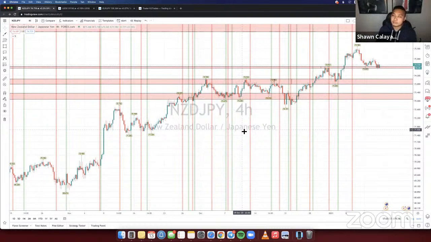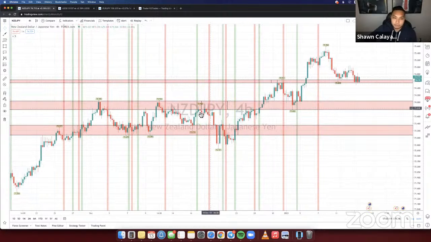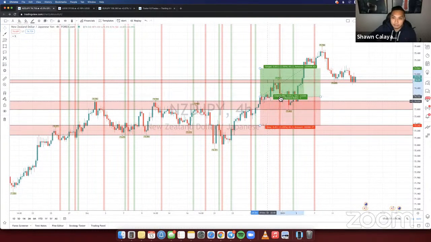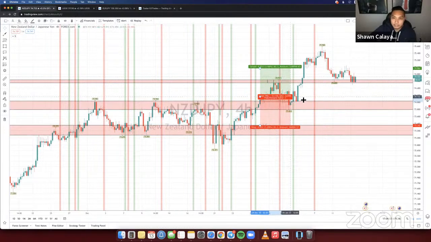Since I trade on the 4 hour, it doesn't really matter, because you could enter a trade like something like this right here. This broke structure at 2 a.m. and it's NZD. Neither of these markets are open, right? The NZD market's closed, the JPY market's closed. So you could take this trade here, and then once the market actually opens, right here at 1500 hours, you can see there's a huge spike of volatility around this time. Once we get into US session, into Asia session, volatility will eventually pick up.